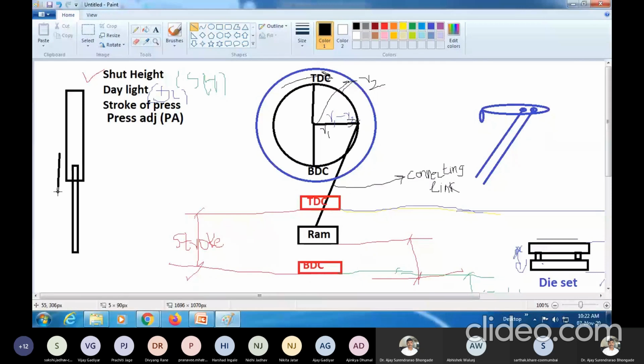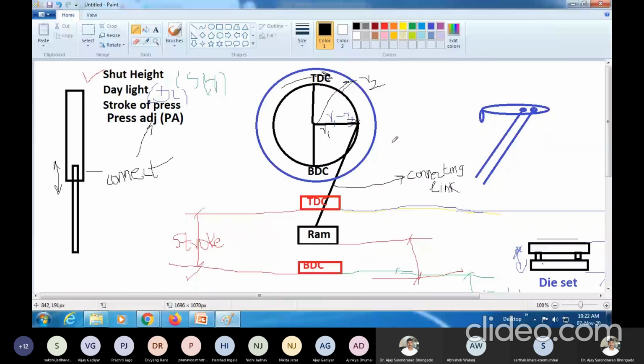So the amount by which we can vary the length of the connecting link is called press adjustment.